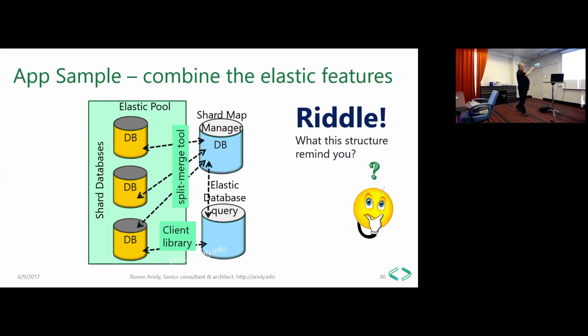Next, split merge tool. I think that the name says everything. If we need to insert data to the shared database, we need to split it according to the rules that we have. This tool is in charge of taking the data. For example, if you execute insert using this tool, according to our rules, the data will be split between the different databases. And of course, if we are using, for example, aggregate or simple select, if we want to get data from all the shared databases, this tool is in charge of merging it together.